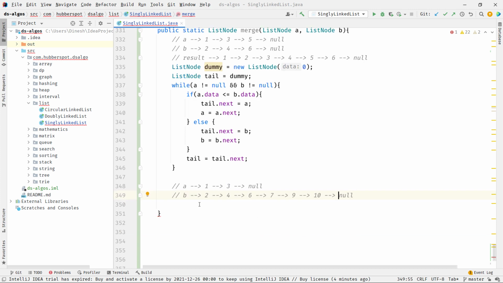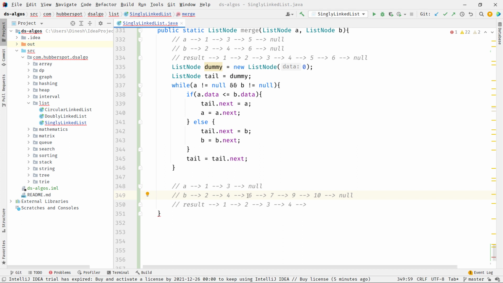So here you can see in the result list, first we will add 1, then 2 will come, then 3, 4. So after 4, a will get exhausted, and as we need to merge this into a sorted singly linked list, these elements should also become part of the result list.